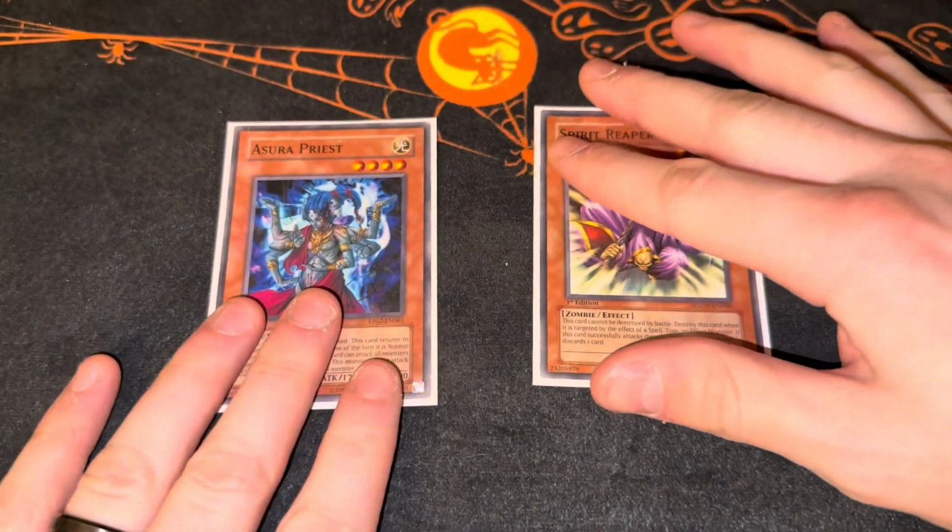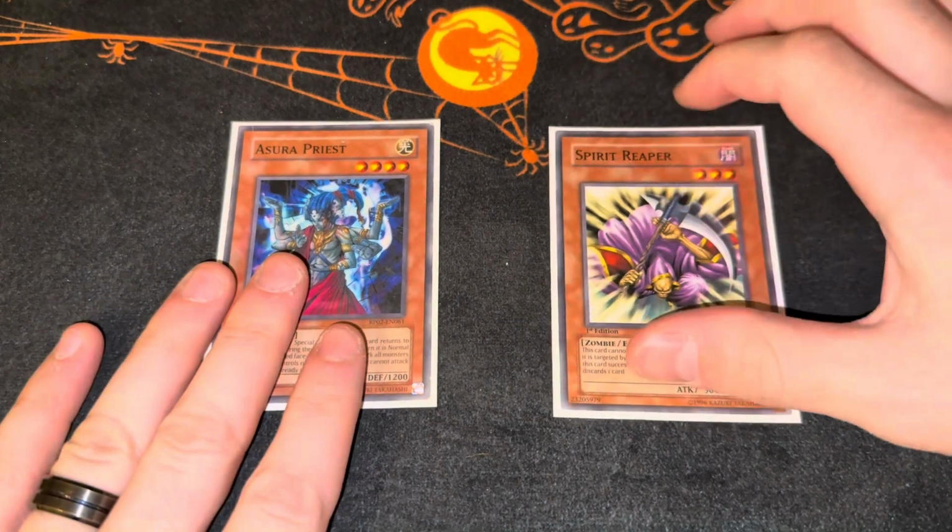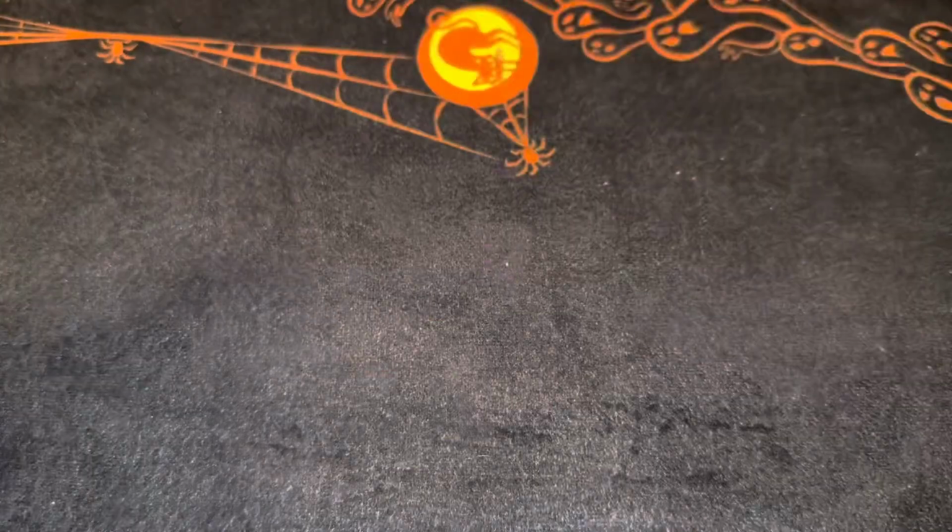Moving on to the side deck. Obviously the extra deck, there really isn't one. I sided 1 Azure Priest and 1 Reaper. So I'll say this kind of as a preface. There were really only 4 cards that I sided from my side deck. And the rest of the cards, I thought to myself, these should probably be something else, for the most part. So, yeah. But monsters, the spells,